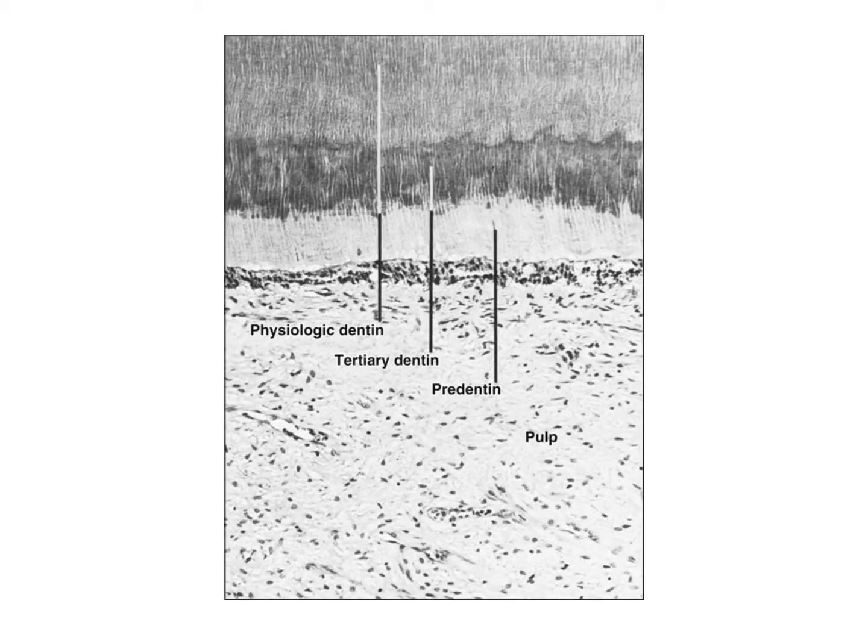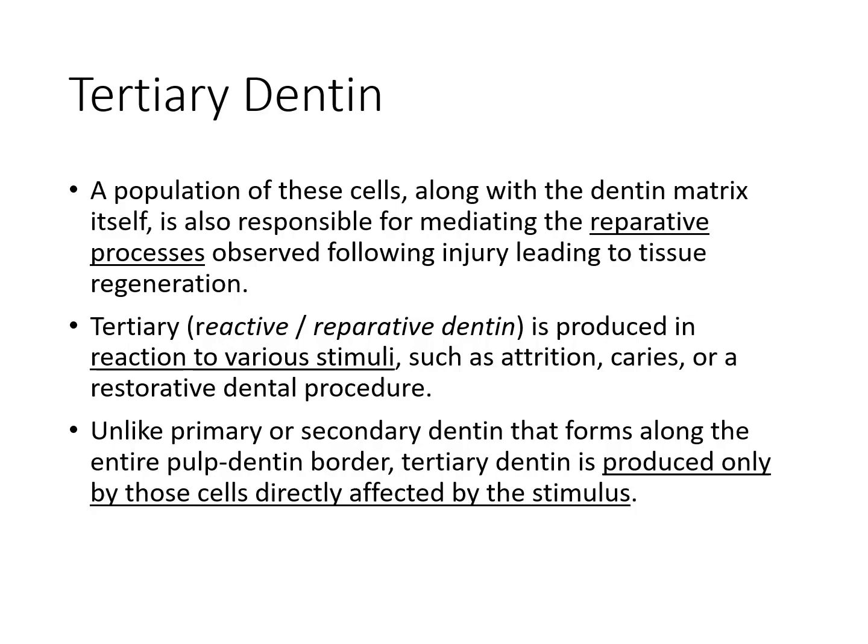In this picture, you will realize that this portion is the pulp, this is the tertiary dentine, and this is your physiological dentine. So we will also now look at what is this tertiary dentine. This is also dentine, this is also dentine, but if you see here, this is more dense, irregularly arranged tubules. That is why they look more darker and different than the physiological dentine. So let's see what this tertiary dentine is all about.